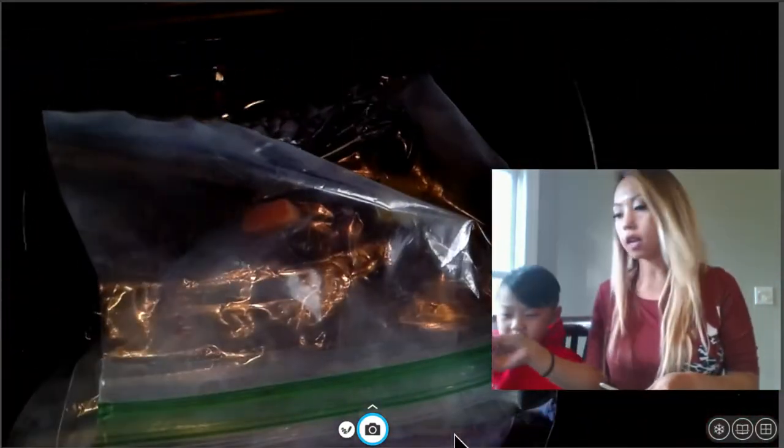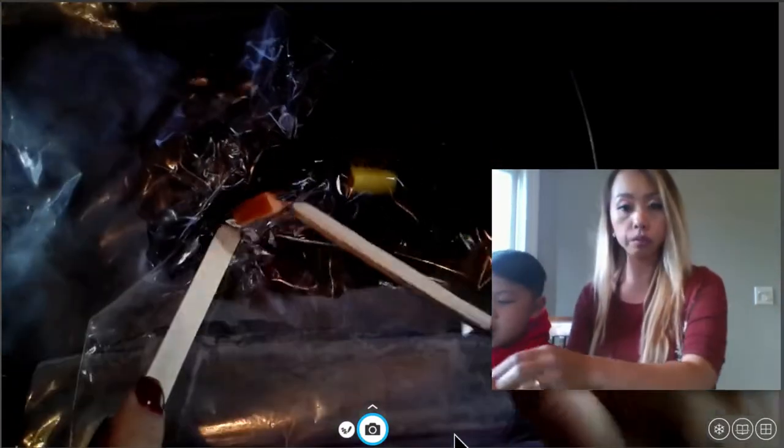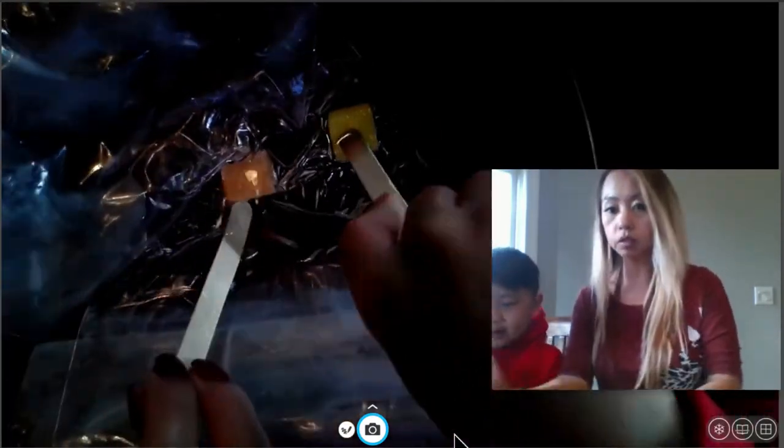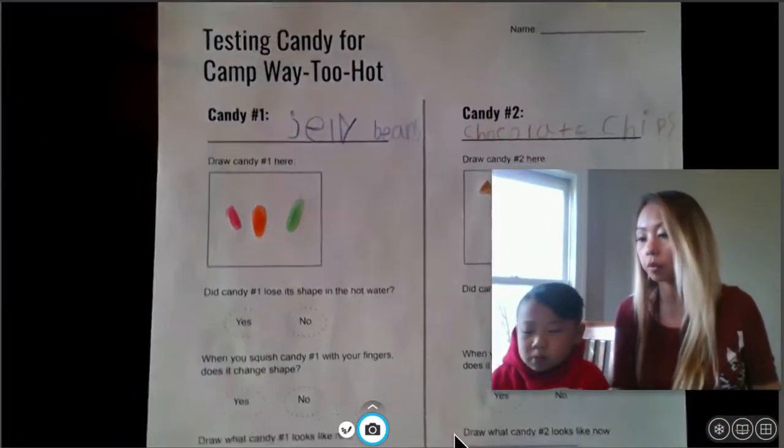And then the gummy bears, the Starburst, and then lastly, the chocolate chips. So go ahead and put that in there. We are going to take a popsicle stick and we're just going to hold it down for 2 minutes. I'm going to pause the video and we will come back in 2 minutes to show you what our candy looks like. All right, second graders, it has been 2 minutes, and what we're going to do is we are